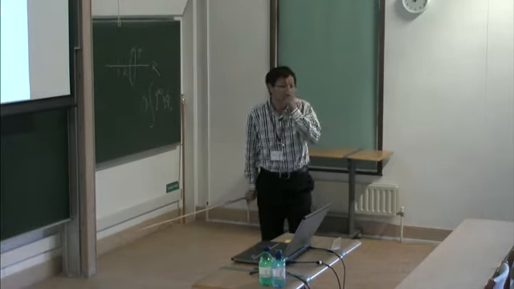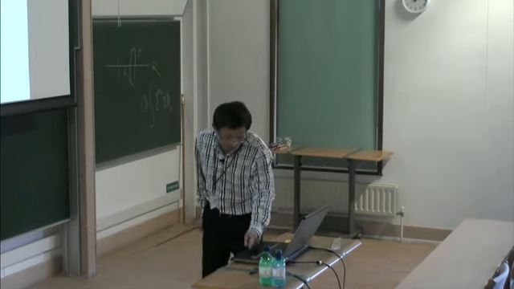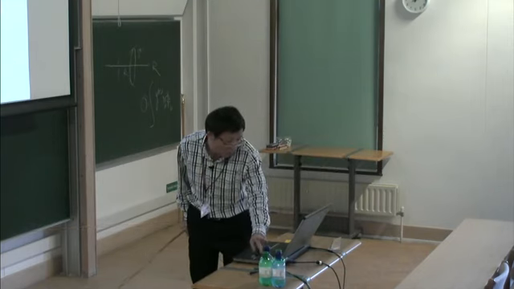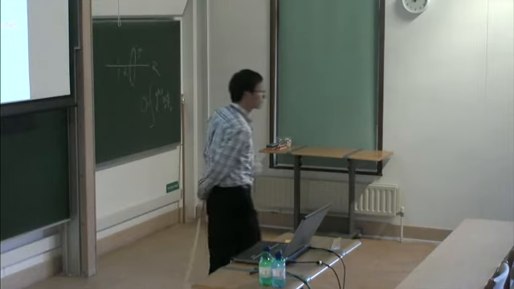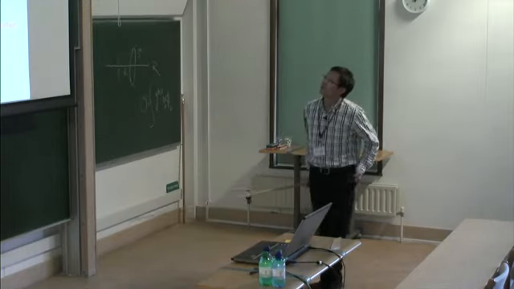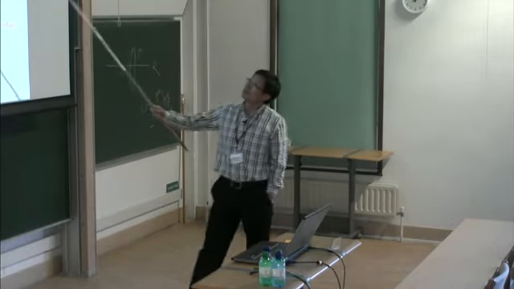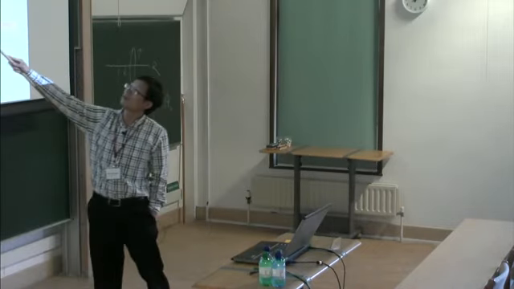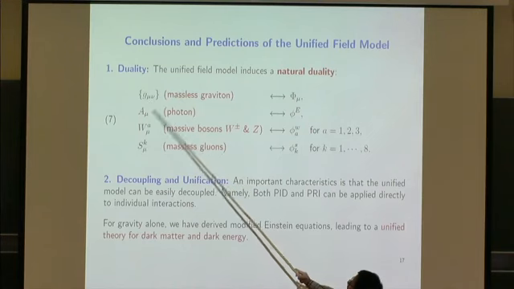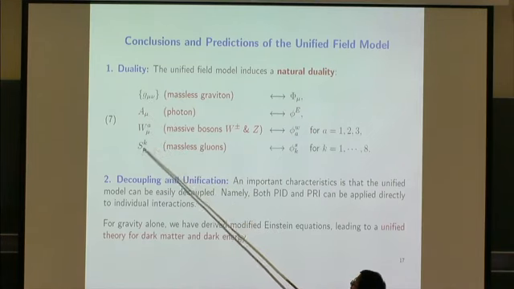Okay, so this is a completely different way. So let me say some consequences of this. Okay, I'm done with my time. Let me go quickly with this consequence. First, you have on the left-hand side all these gluons, gravitons, photons, W and Z, and also massless gluons, which is in a classical theory.